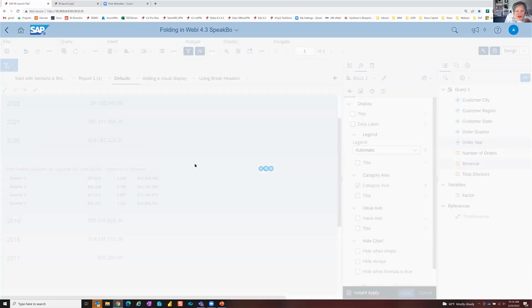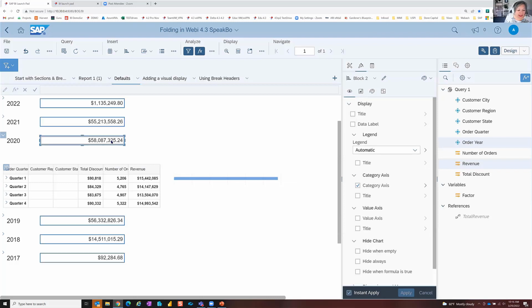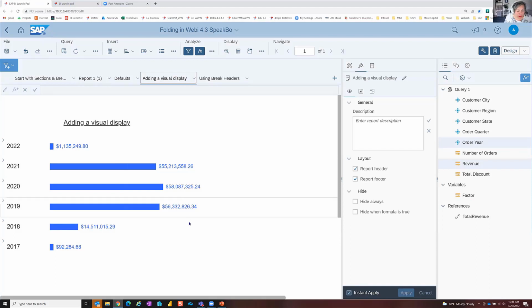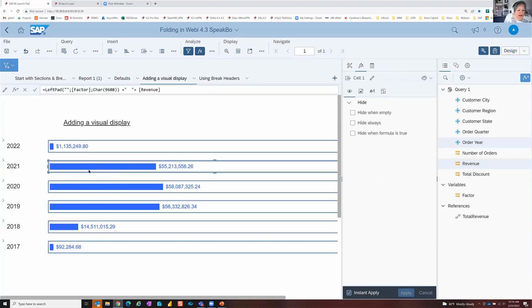So the chart itself wouldn't, but obviously the cell is displaying in there, right? So what could I do with a cell in order to achieve the look that I wanted? And this is what we came up with. So this is a visualization. This is still just a cell. And I used some Unicode characters and this variable called factor, which is just taking, well, let me show you